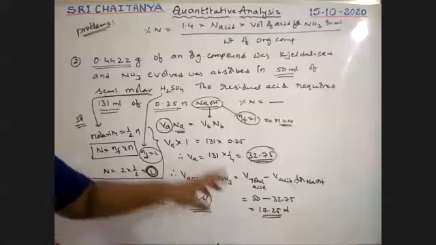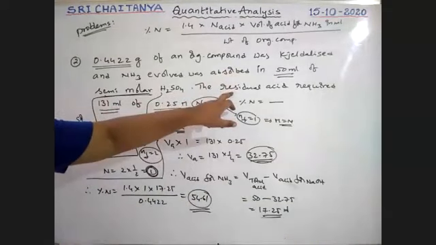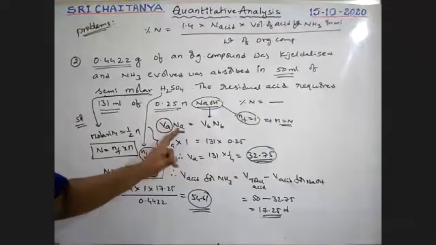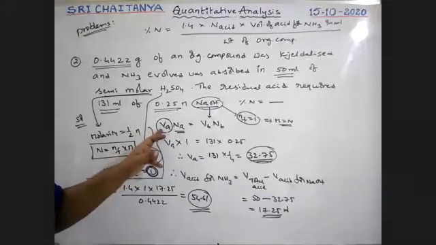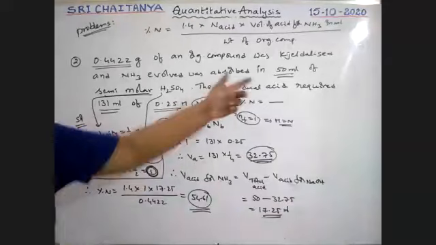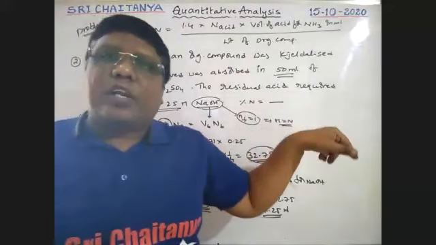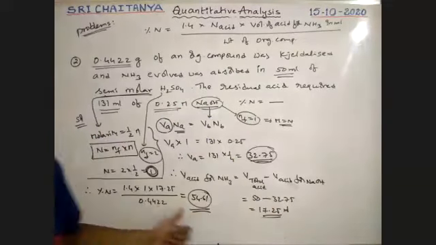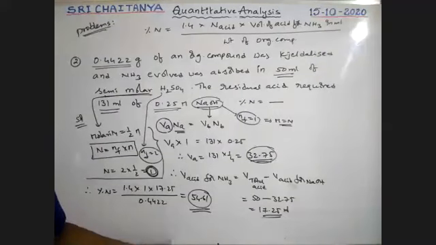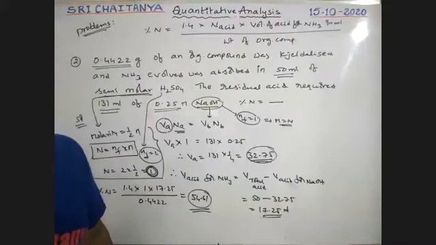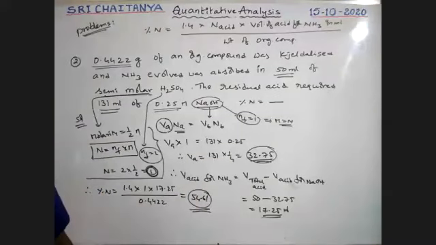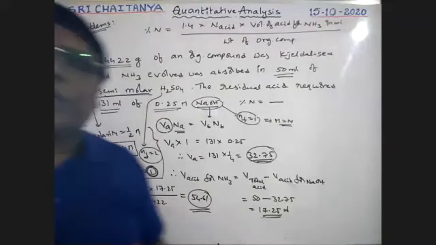So see here, it is because the acid is in excess. First of all, find out how much volume of acid is used for NaOH. Subtract that value from the total. That remaining value is used for ammonia. Okay. Is this easy? Let us discuss one more problem based on this. So this is the last problem for today's class.